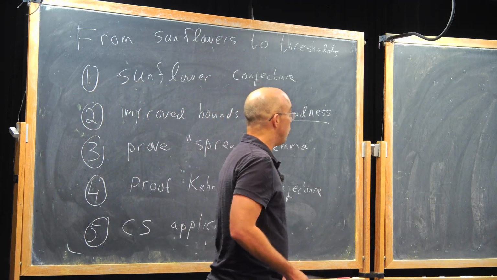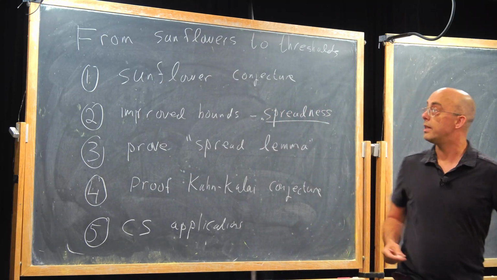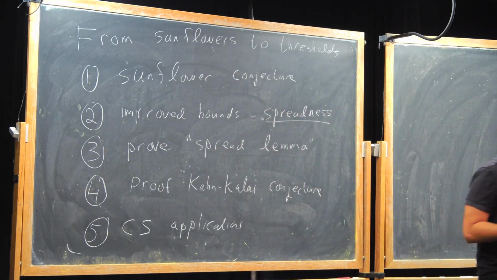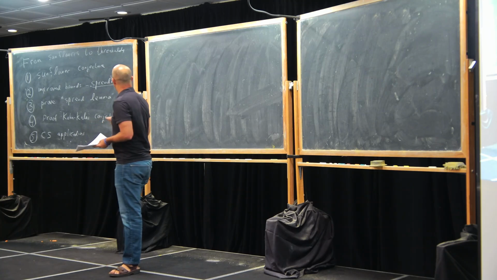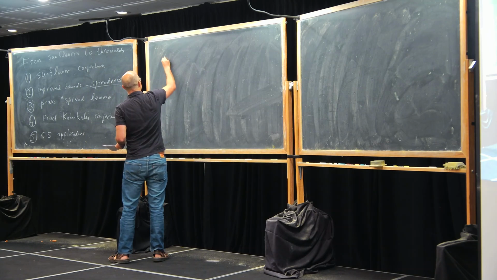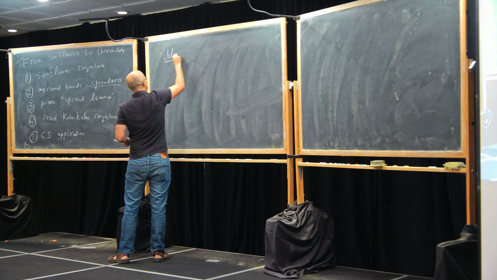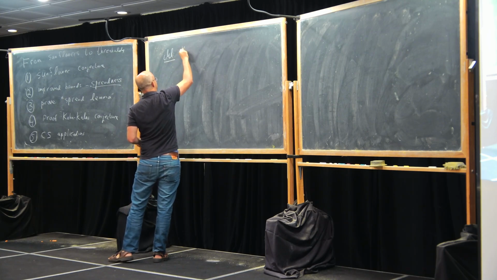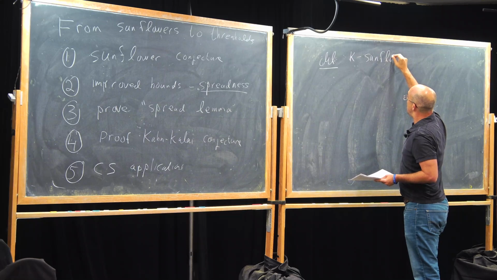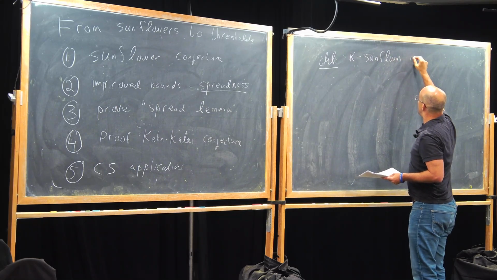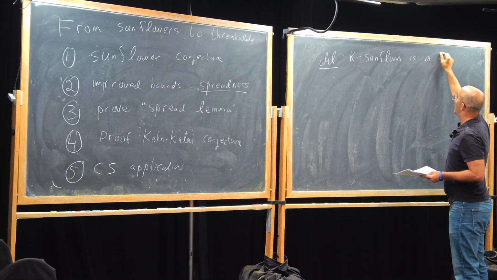So let's begin. So maybe the first order of business is to say what is even a sunflower. A sunflower is a very basic combinatorial notion that came up in the works of Erdos and Rado in the 60s. So what is a sunflower? So let's say the parameter k. A k-sunflower is a family of k sets,